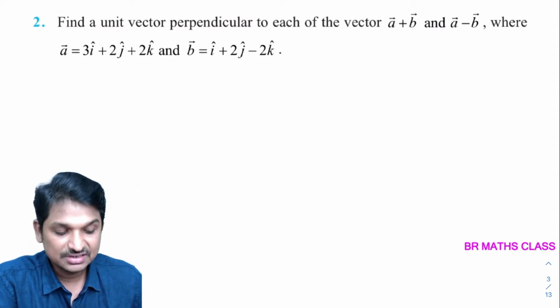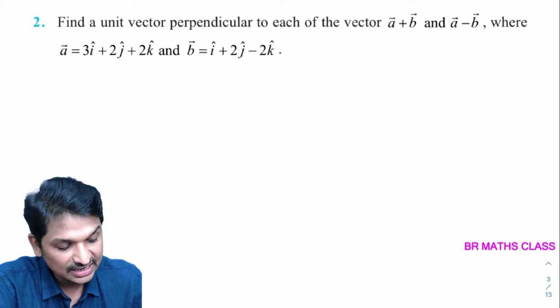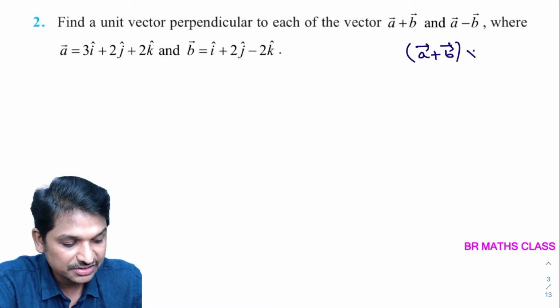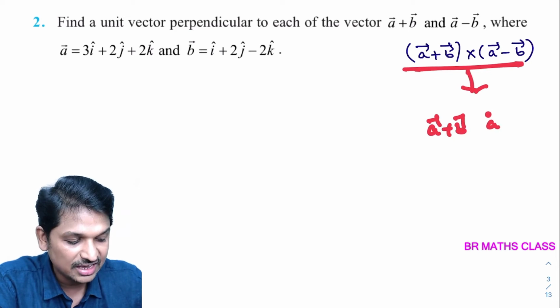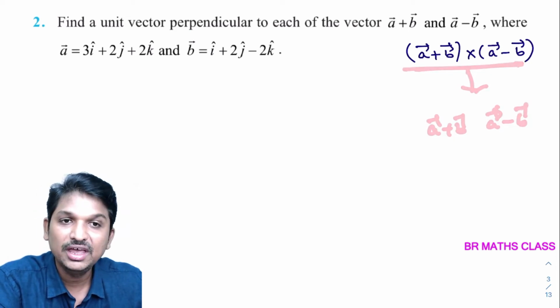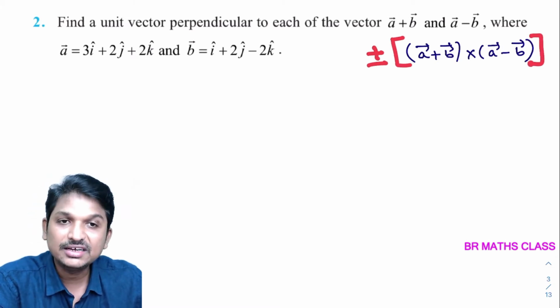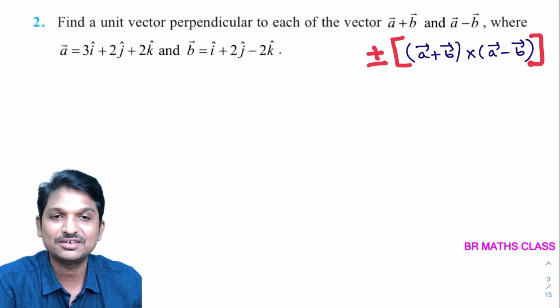what I need to calculate first. I want to calculate a vector which is perpendicular to both of these things. So what I will calculate here, a bar plus b bar cross a bar minus b bar. Okay. This is the vector which is perpendicular to a bar plus b bar as well as a bar minus b bar. That is clear. Okay. And the point is when I write plus or minus here, whatever I will get, that is also perpendicular to a bar plus b bar as well as a bar minus b bar. This we already discussed in the theory part in last class.